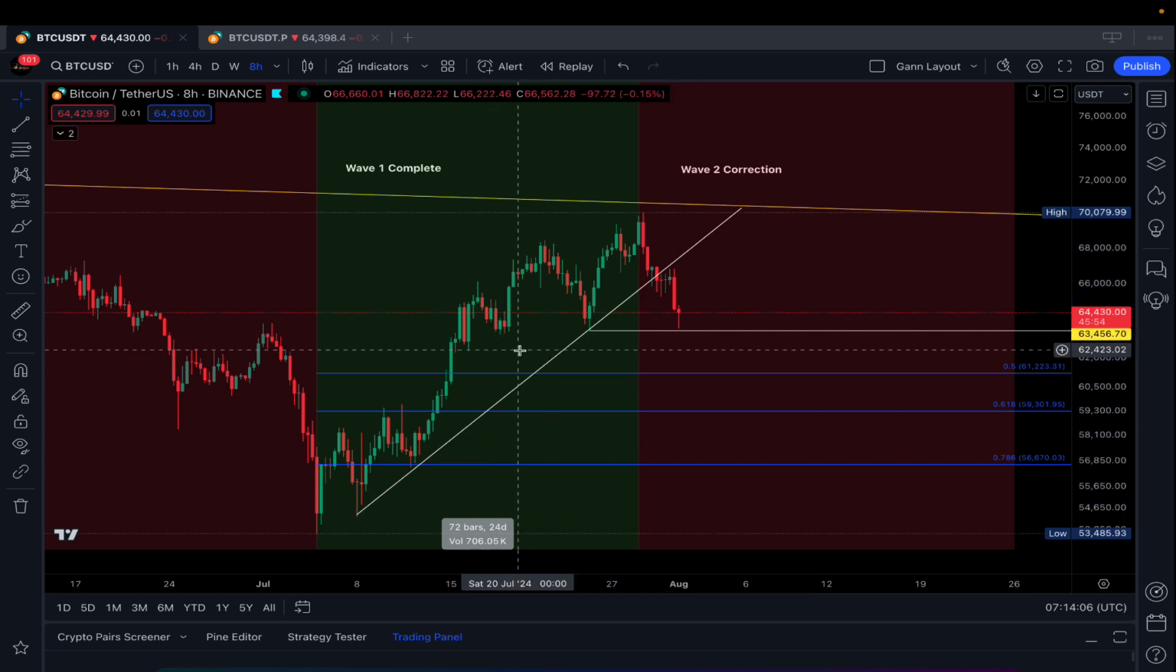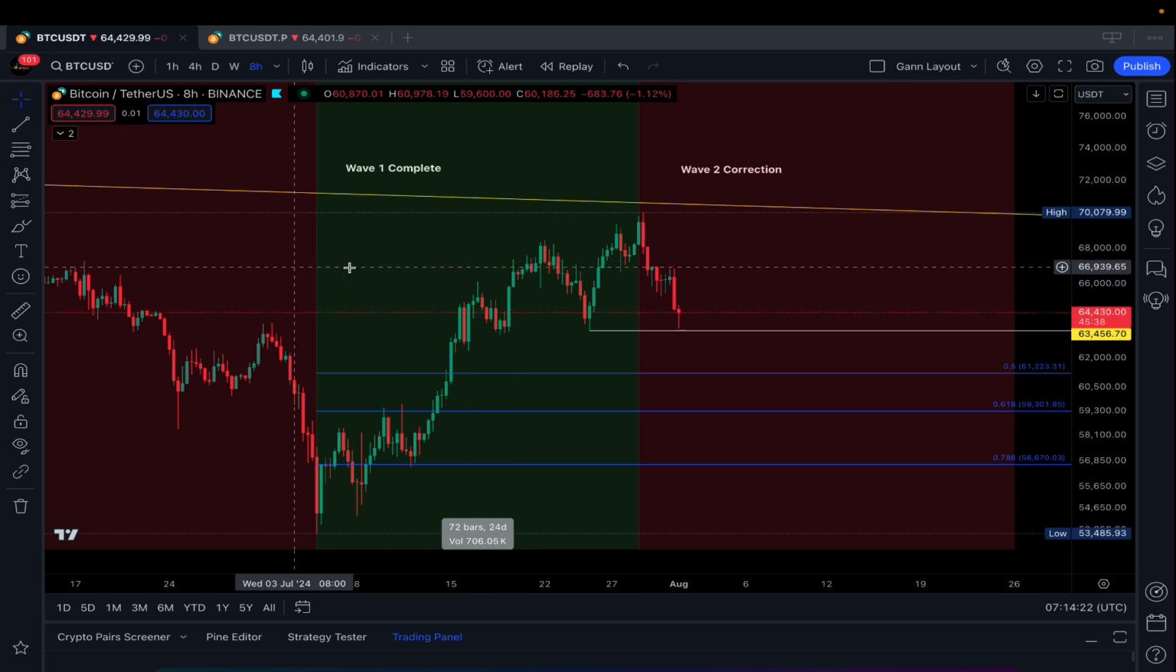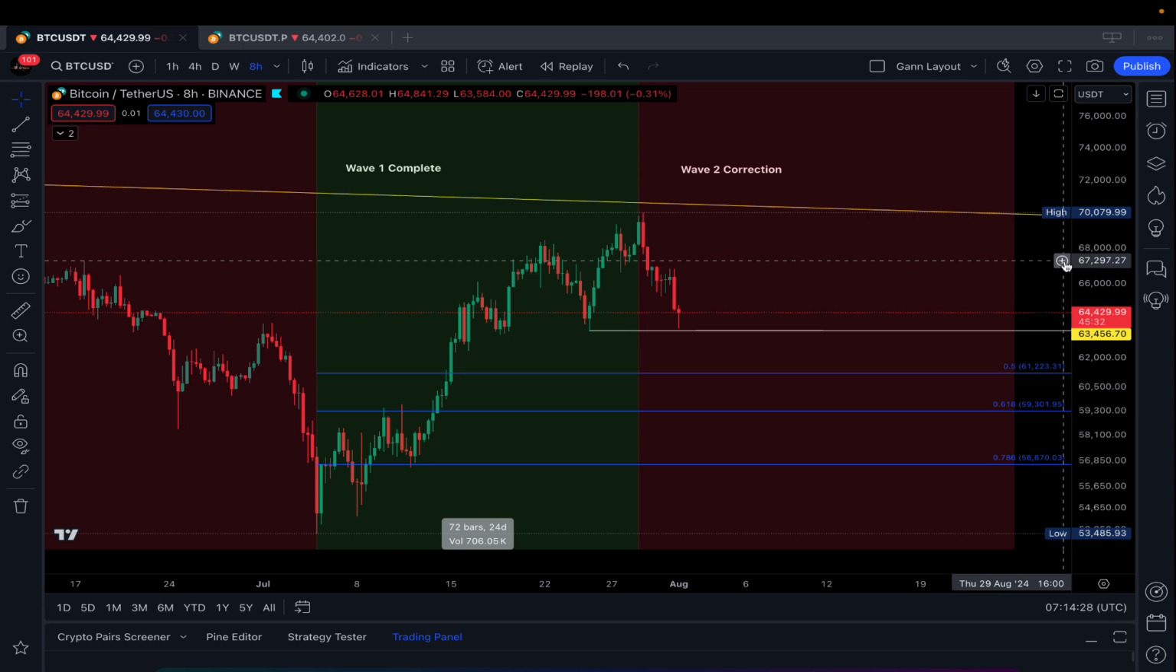Why am I assuming that Bitcoin is in a correction? Because it broke from the upward sloping trend line, and you could say that it retested the trend line. I wanted a more pronounced retest. We didn't get it. It also broke below 67.3, which is a support level. So I am assuming that we are